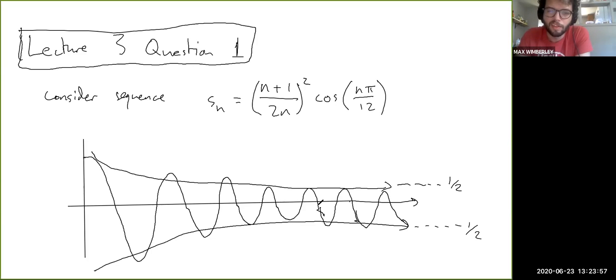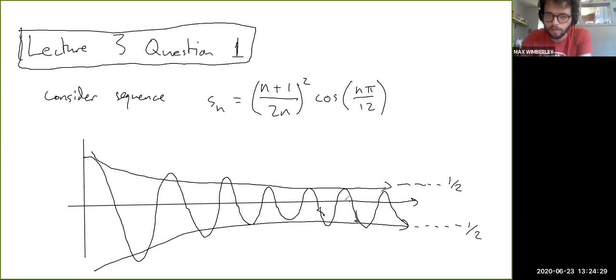Now, let's imagine what's the best limit we could pick that tries to stay as close to all of the values in the sequence as possible. Well, probably 0. Because if you try to pick a limit above 0, then there will be points below 0 that are super far away from that. And if you try to pick a limit below 0, there will be points above 0 that are really far away. So the thing that minimizes the worst case distance is if you pick 0.